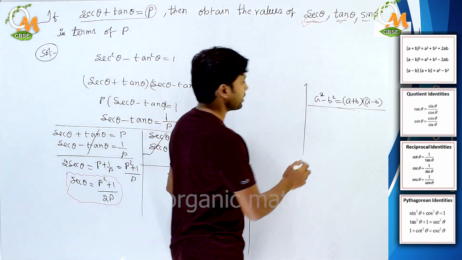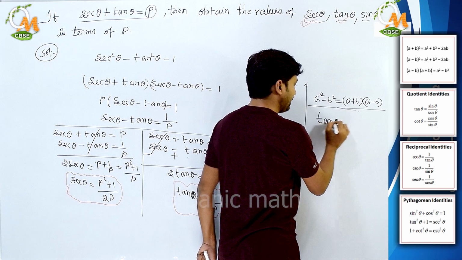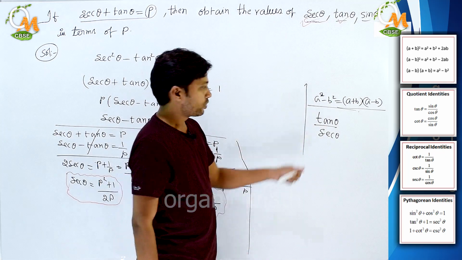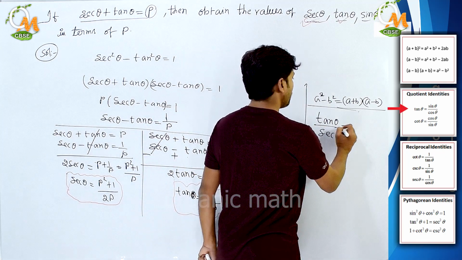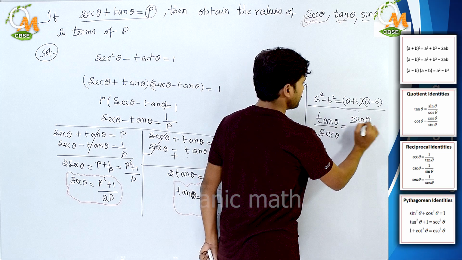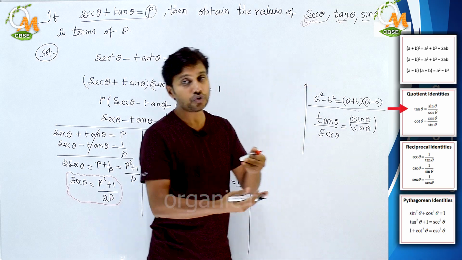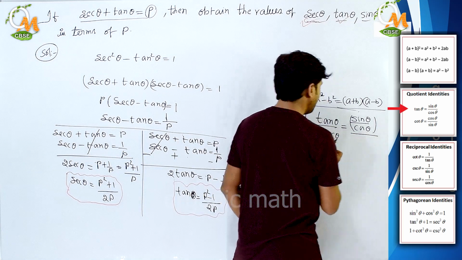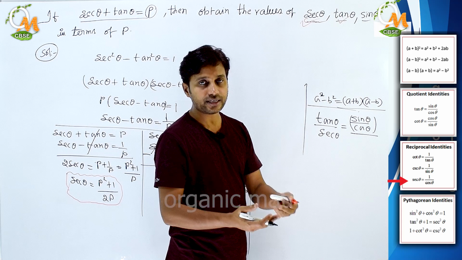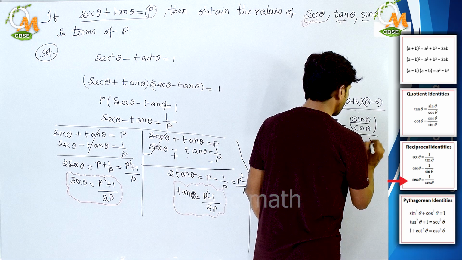Exactly. How can we use it? See, for example, you take a ratio between tan theta and secant theta. We took the ratio. So what does it give? Tan theta can be written as the ratio of sin theta upon cos theta or not? Yes. Tan theta is a ratio of sin to cos. Then secant theta can be written as 1 by cos theta or not? Because secant theta and cos theta are reciprocals of each other.